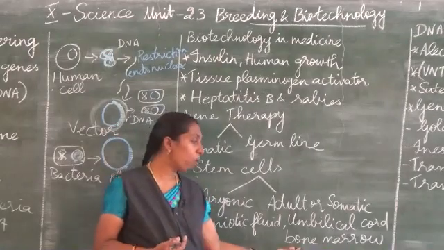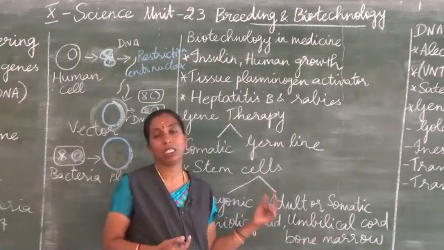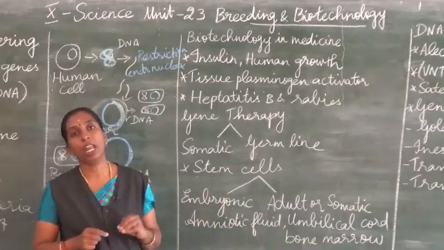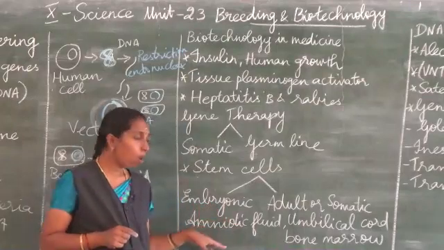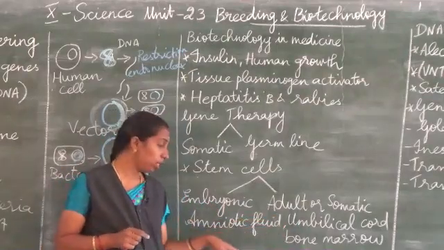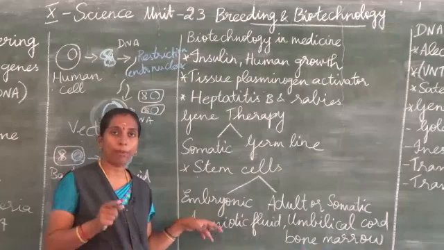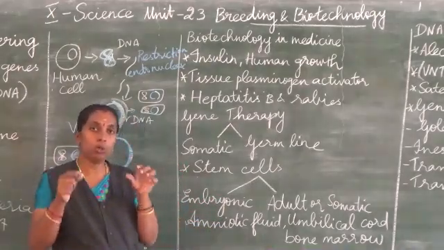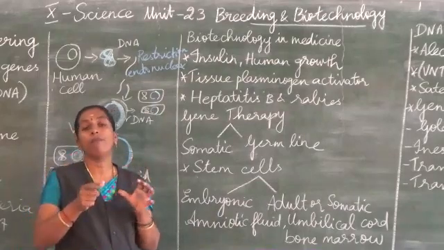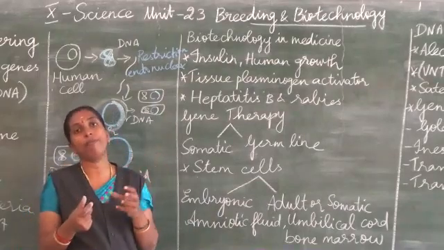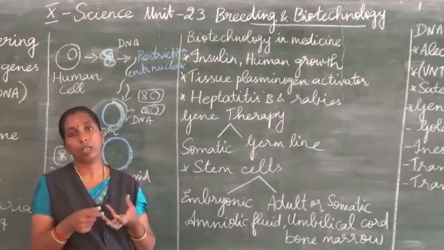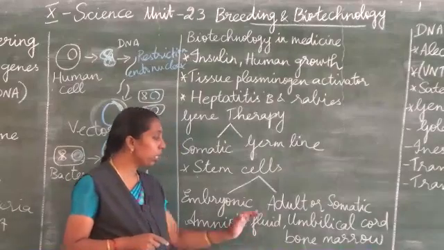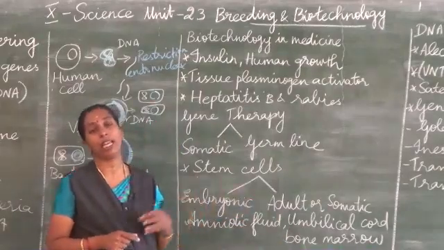And the third one is bone marrow. Bone marrow means the substance which is found inside the bone. In Tamil we call it as elumbu majjai. From all these three substances, amniotic fluid means when the woman is carrying the baby, that is during pregnancy, when the fetus gets nourishment from the mother, that layer is called amniotic fluid. So using these sources we can collect the stem cells.